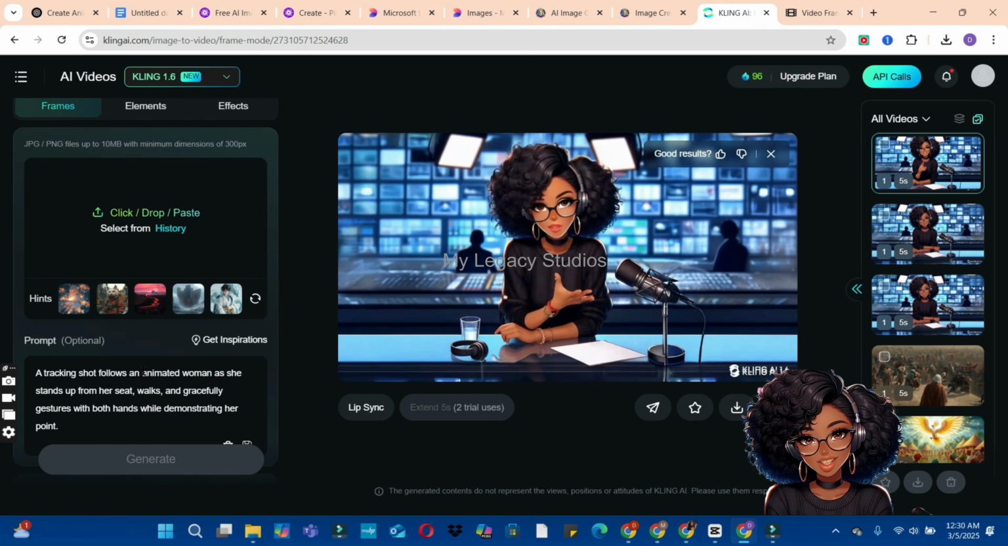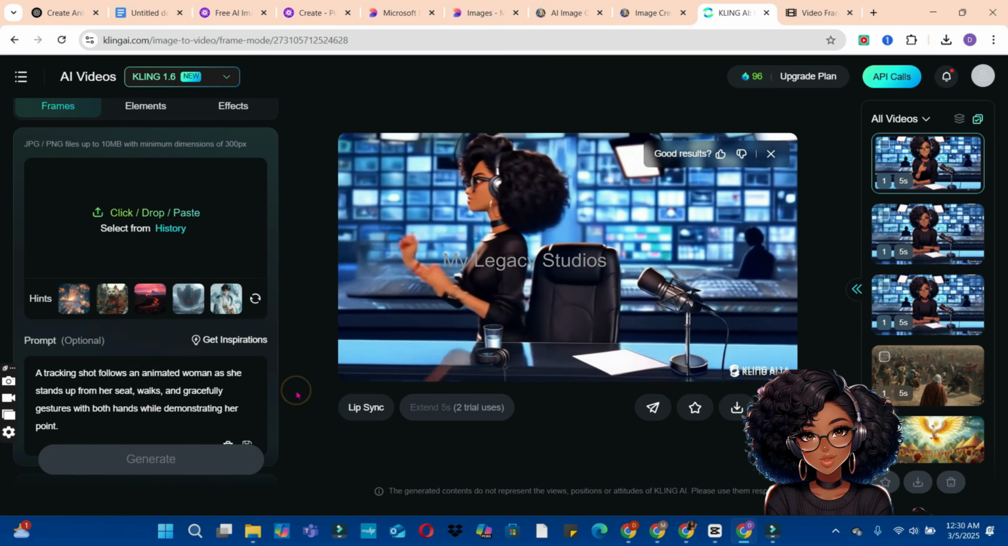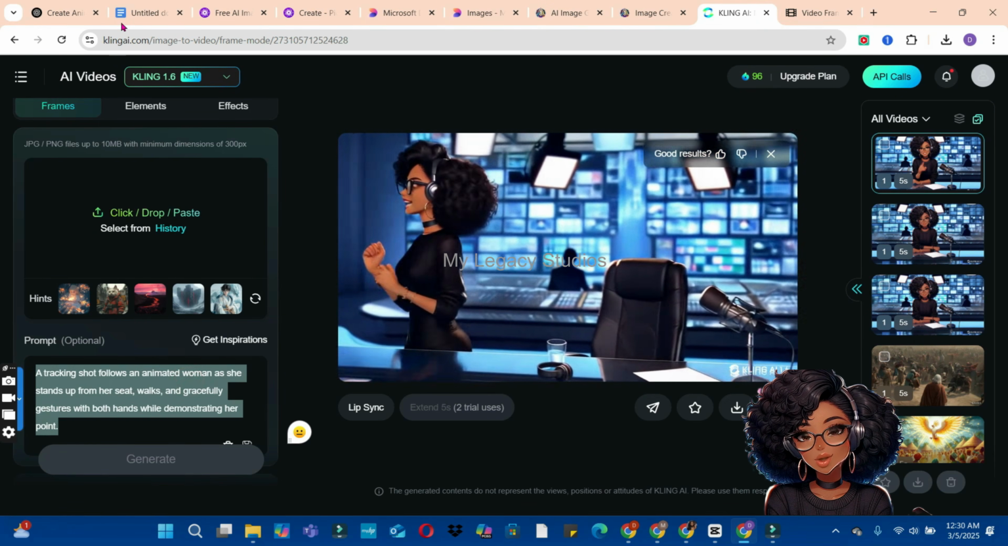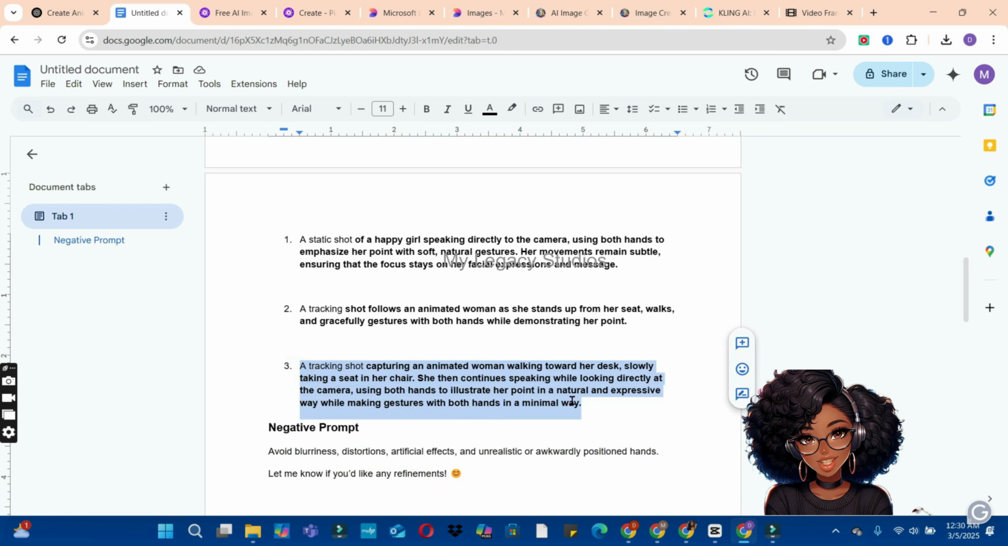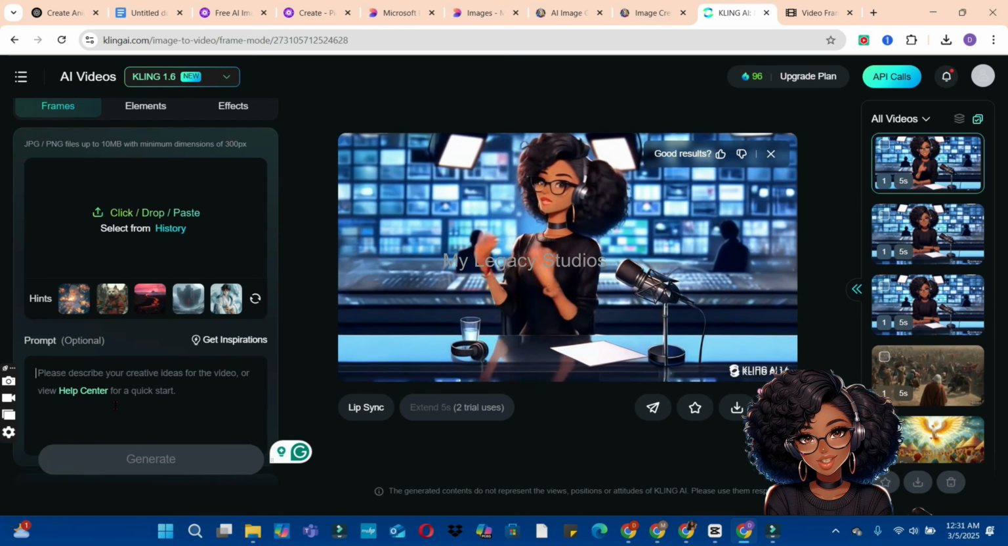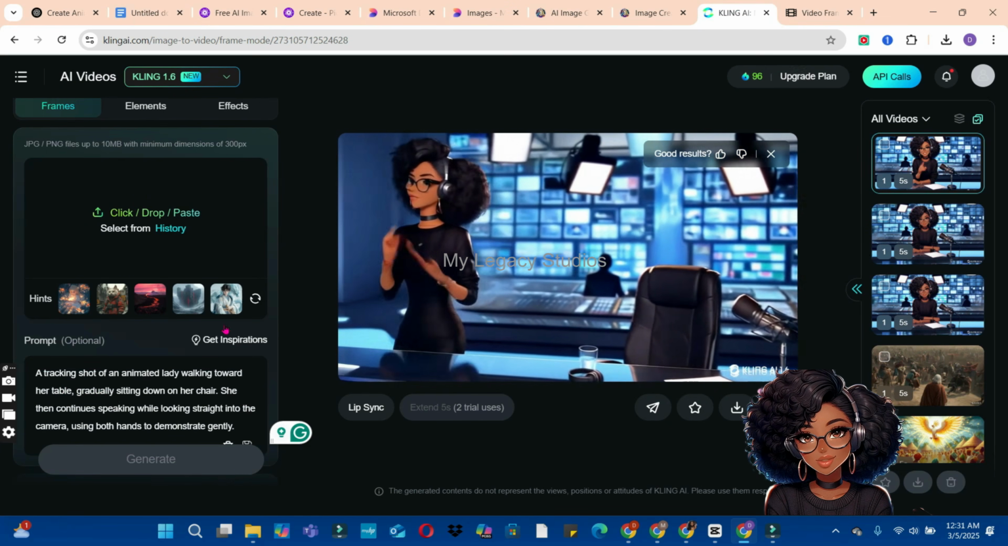Then delete the current prompt we have here in the prompt section. Delete the current prompt and go back to your Google Docs and select the next, or the third prompt. So this is a different activity. We want the avatar to be able to move from where she's standing to the chair. So we're going to copy the third prompt. Right click on it and click on the copy button and go back to klingAI and paste it in the